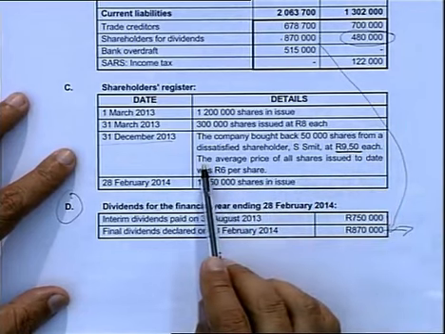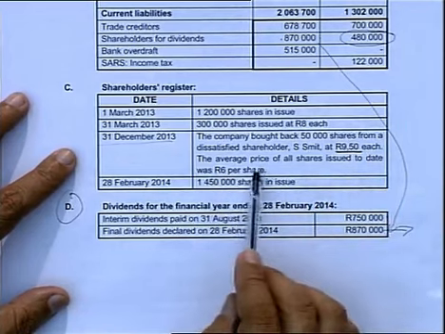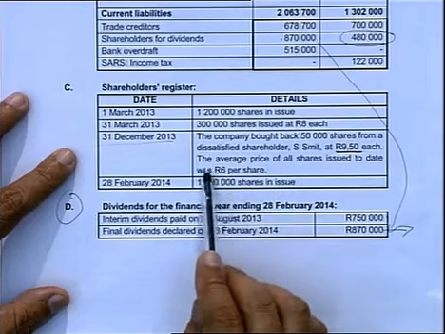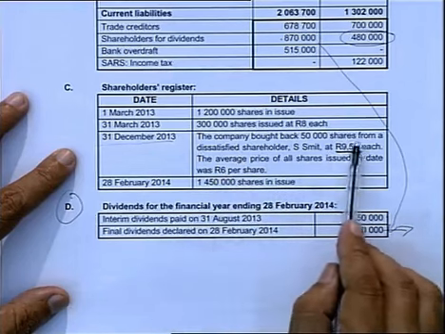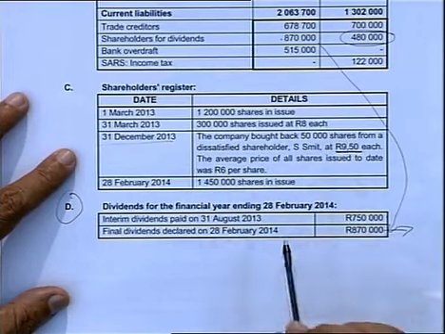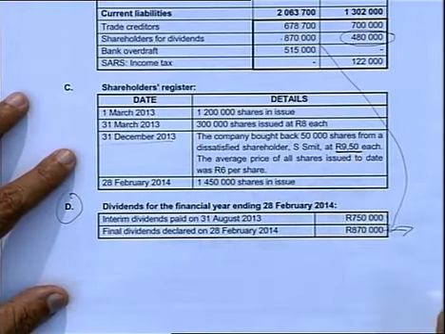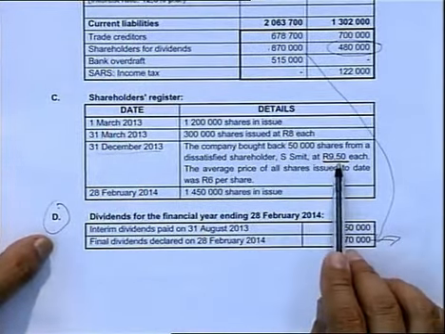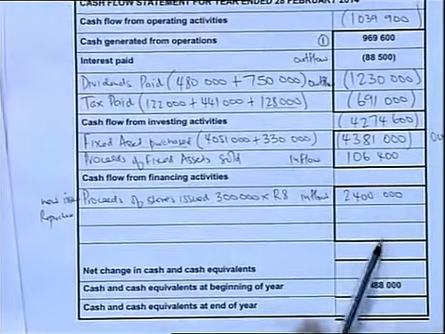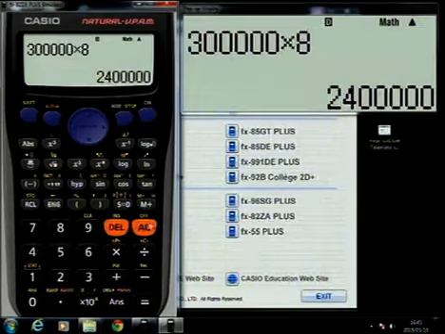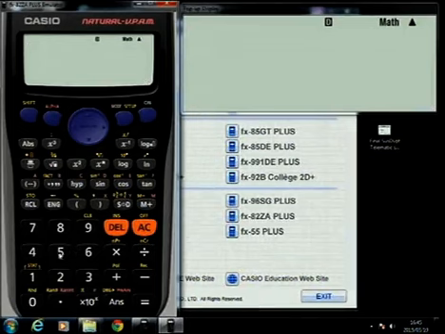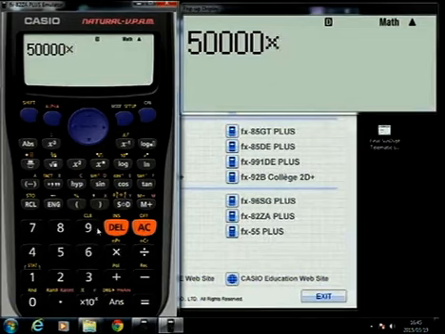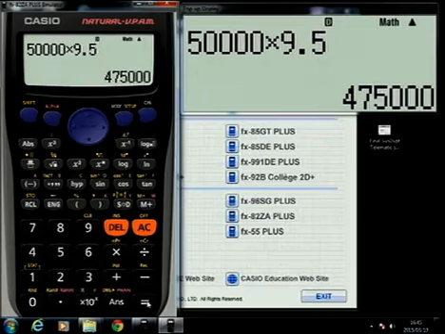They go further, they give us information regarding the average, which was 6 Rand, which we're not going to need because we want the total amount that the shares were bought back at, which was 9 Rand 50. So it was 50,000 shares that we bought back at 9 Rand 50. So if we go to the calculator, we need to find out how much money we spent. So it was 50,000, the number of shares that we bought back, multiply with 9 Rand 50, which is 9.5. The answer of